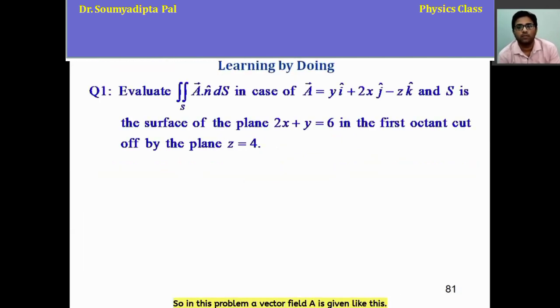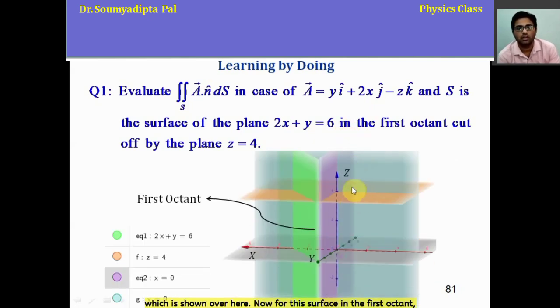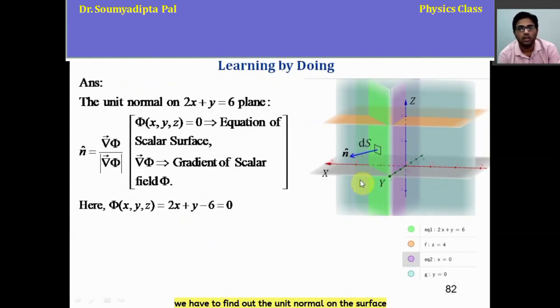In this problem, a vector field A is given like this, and S is the surface of the plane 2x plus y equal to 6 in the first octant cut off by the plane z equal to 4, which is shown over here. For this surface in the first octant, we have to evaluate the surface integration of the vector field A. To evaluate that, first we have to find the unit normal on the surface,